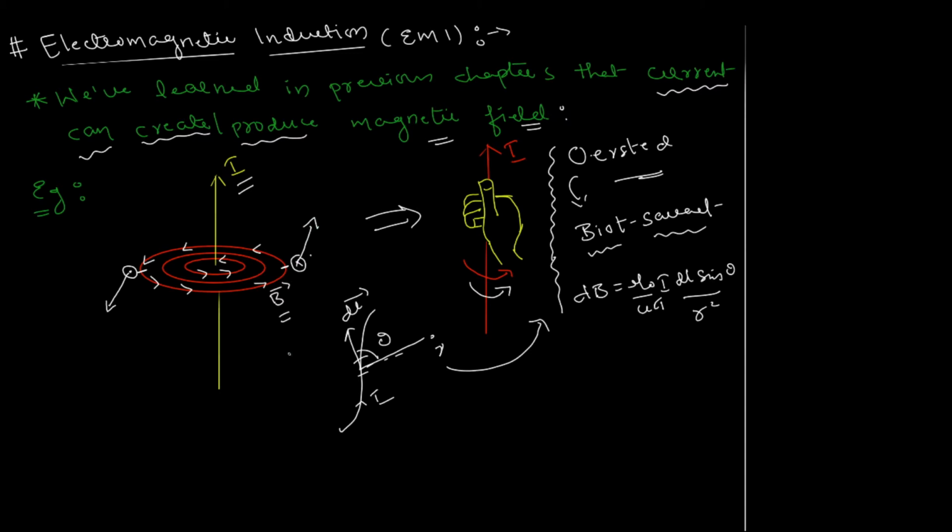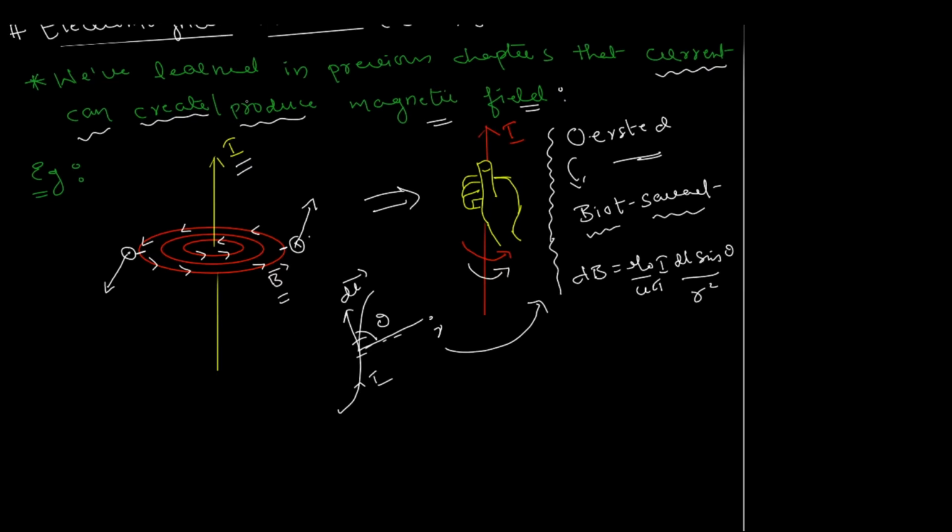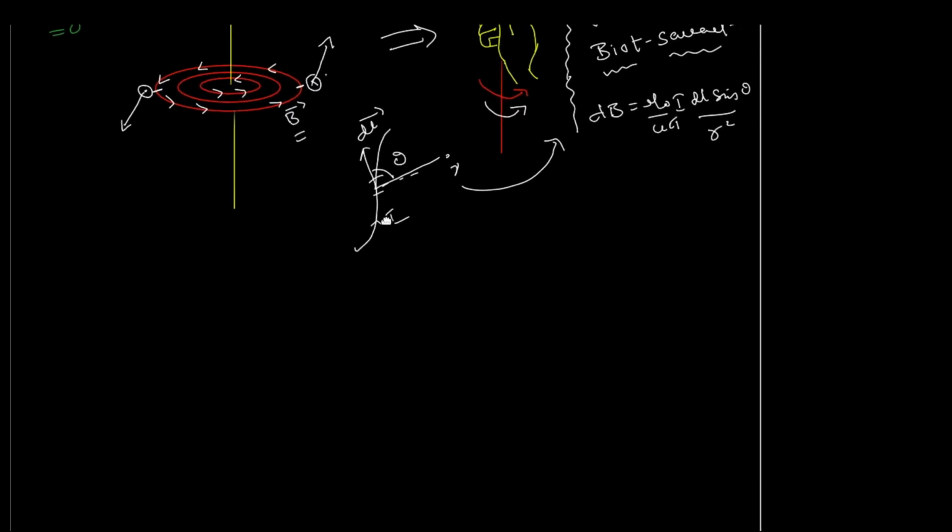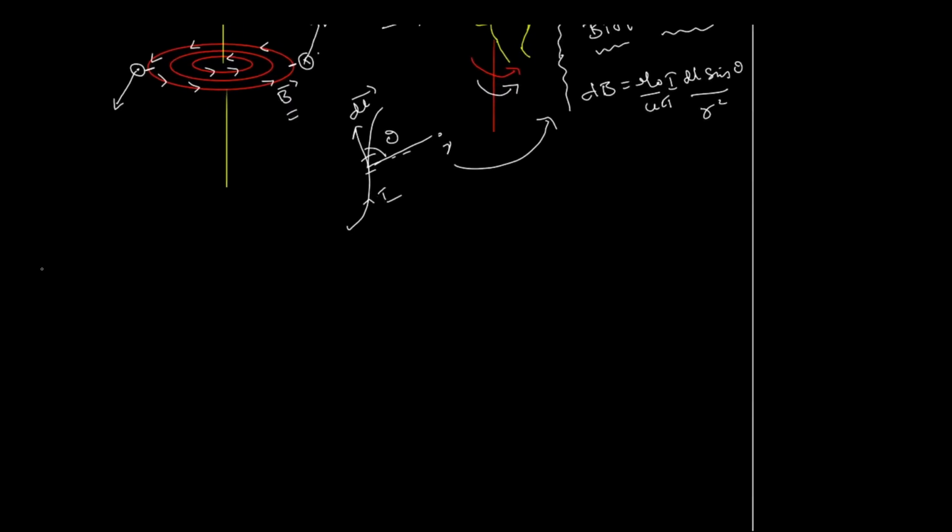Now the point of this chapter is, let's get to the real deal: if the thing in the green color here can happen, if current can produce a magnetic field, the question is, can the reverse happen? This question will obviously strike one's mind. Earlier, even before that, we thought that electricity or electrostatics had got nothing to do with magnetism and magnetostatics. We thought they were two completely different fields, right? But eventually, from previous chapters, we have learned that they're not as different as we thought they would be in the 17th century or 16th century or so.